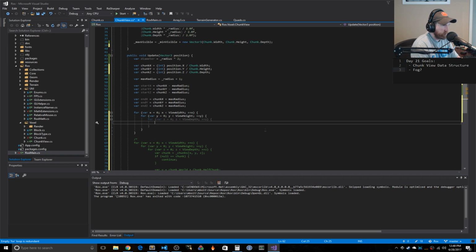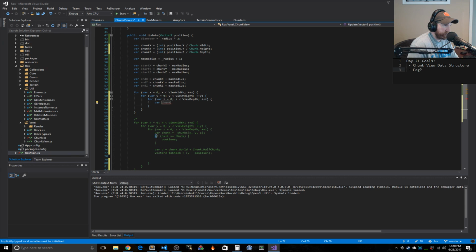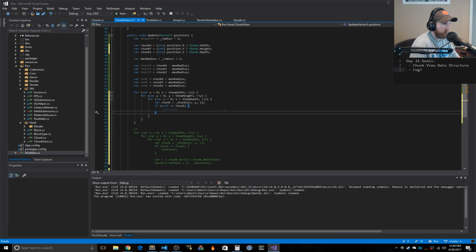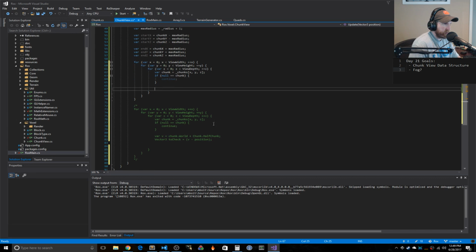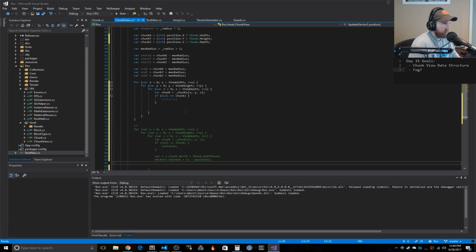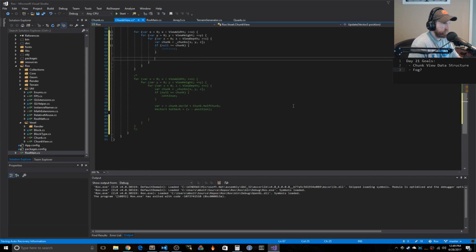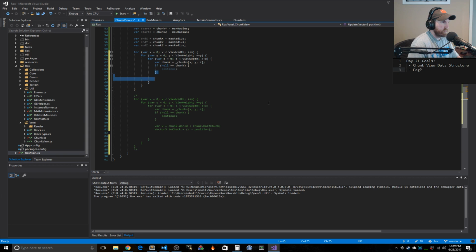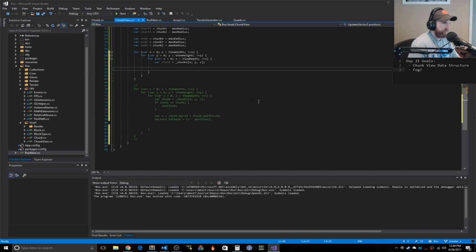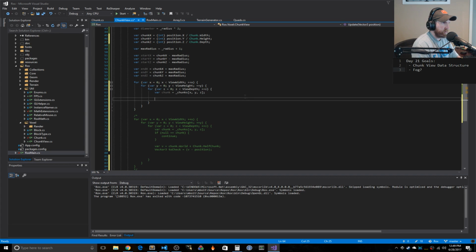Okay, I like this. So these are the lines we had. So if the chunk is null, why do we continue there? I kind of feel like if the chunk is null, we should load it. I'm going to remove that because that doesn't make sense. What we do want to know is